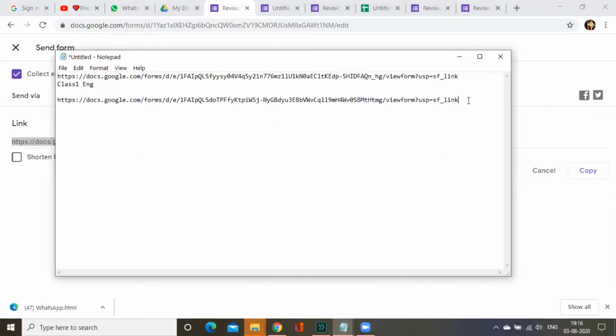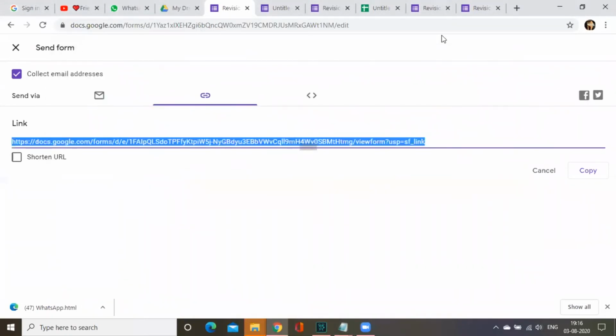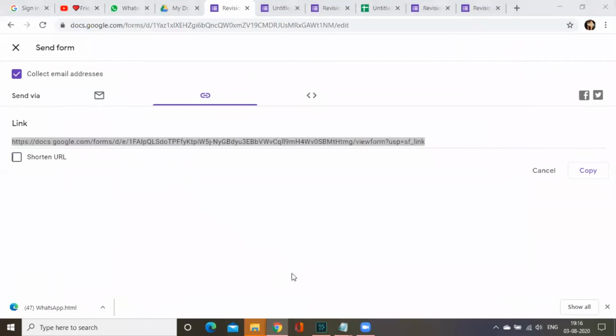Now once you go to your Zoom meeting, you can select this and go to your Zoom, go to more options, go to the chat option, paste the link and enter it. I think everybody has received this link also. Yes, ma'am.